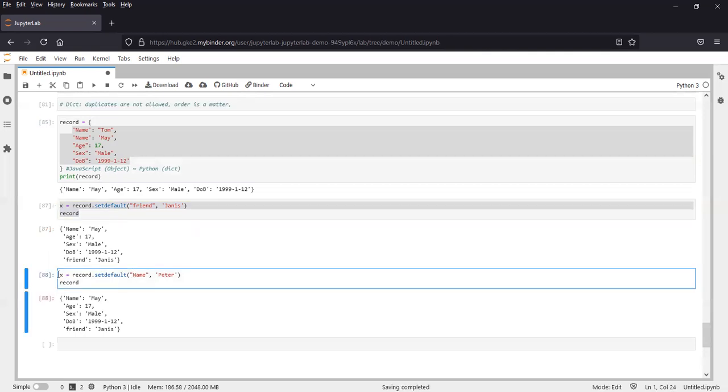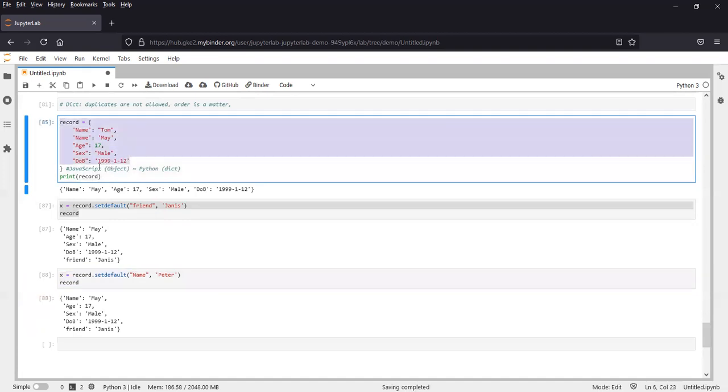But if you look at this example, if you look at this box here, setdefault is the record. Is there any key called name? Yeah,